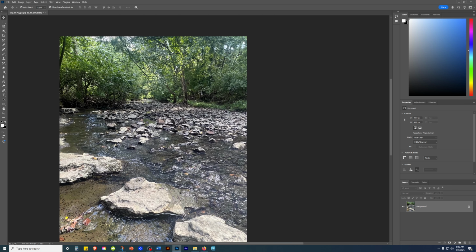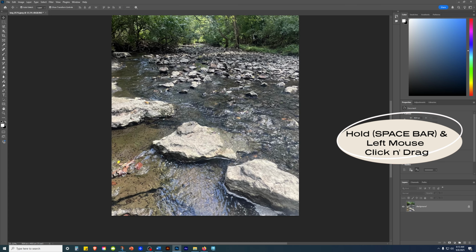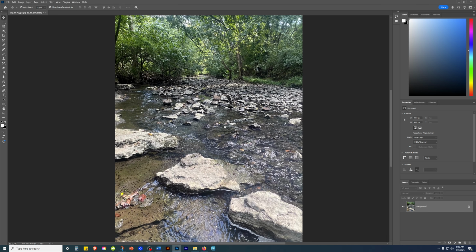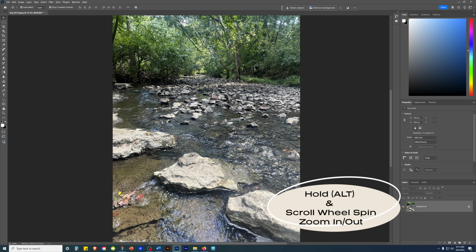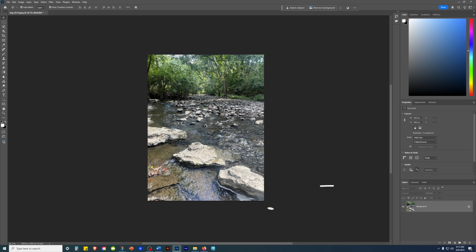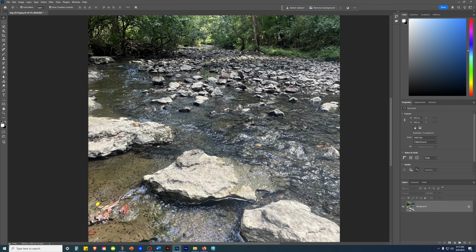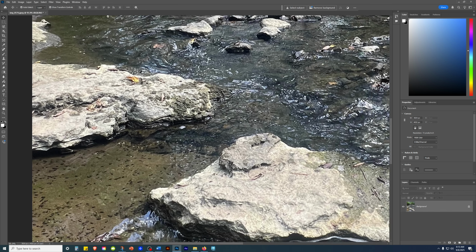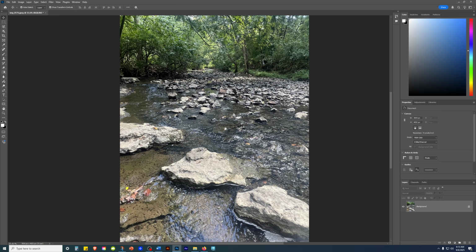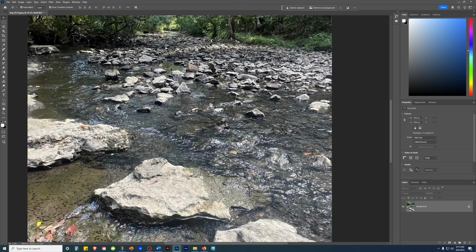And to move it around, it's basically holding on space bar and left clicking and dragging so I can pan it the way I want. And I hold down Alt key and I can mouse scroll to make it bigger and smaller. If you look down here, this tells you the zoom resolution, or how much you've zoomed. See, now it's a little bit over 100% of the actual size, and I can zoom back out. There. So that's spacebar for panning, like this, and left clicking, Alt and zoom in and out with the mouse